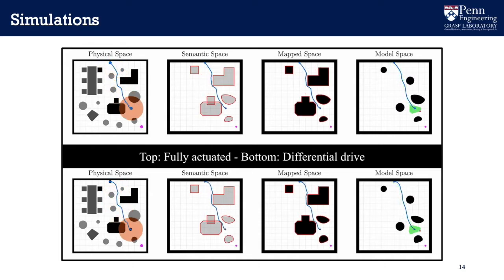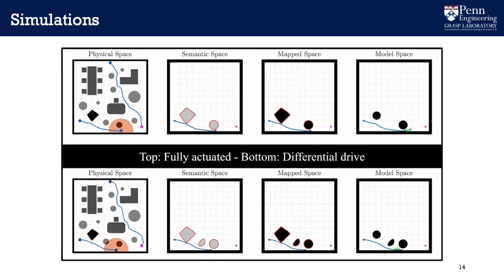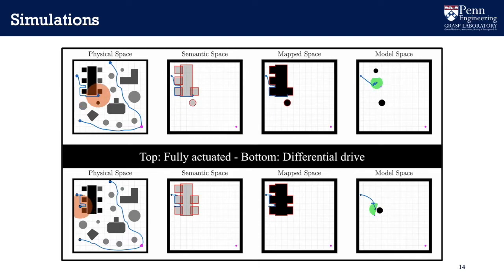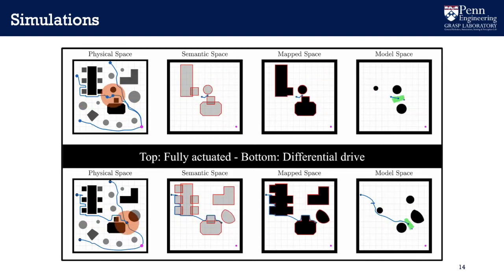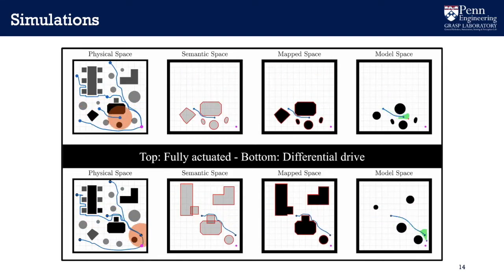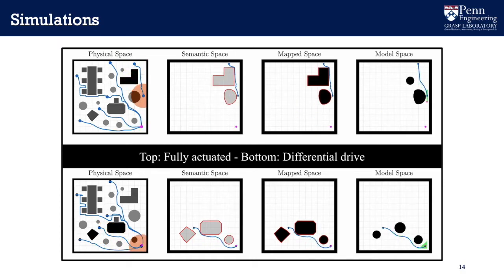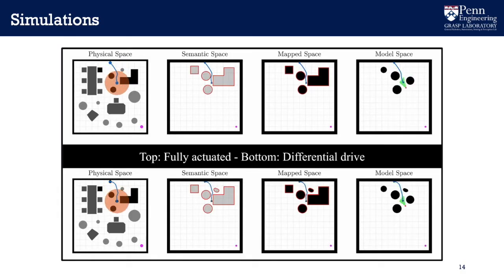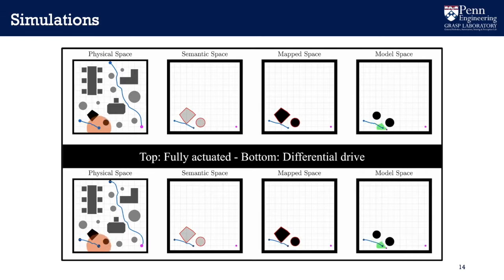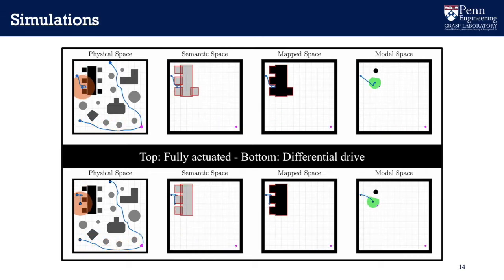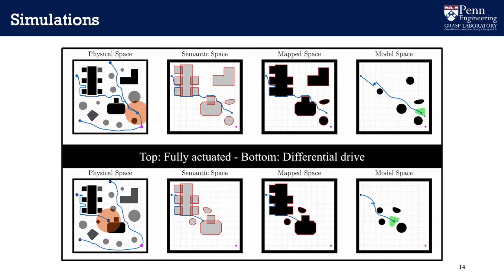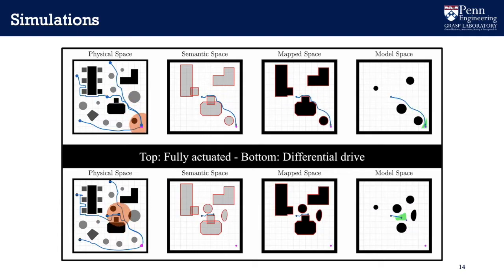Simulation results demonstrate the validity of our approach in a changing semantic world cluttered with both familiar obstacles, whose pose is initially unknown, and completely unknown convex obstacles. Notice how familiar obstacles appear in the semantic space and are subsequently consolidated in the mapped space, and how fragments of convex obstacles appear and disappear in both the semantic and the mapped space.